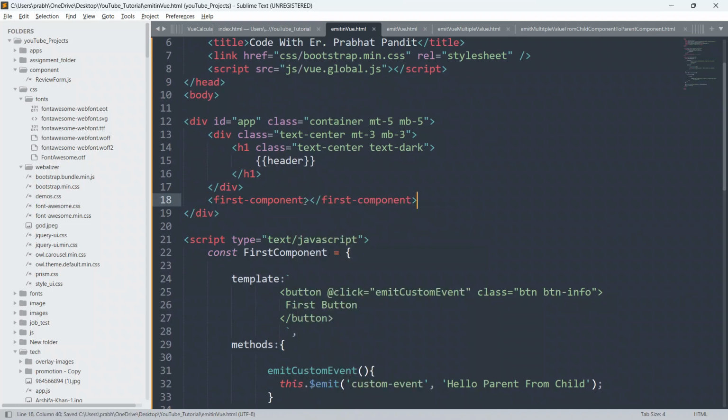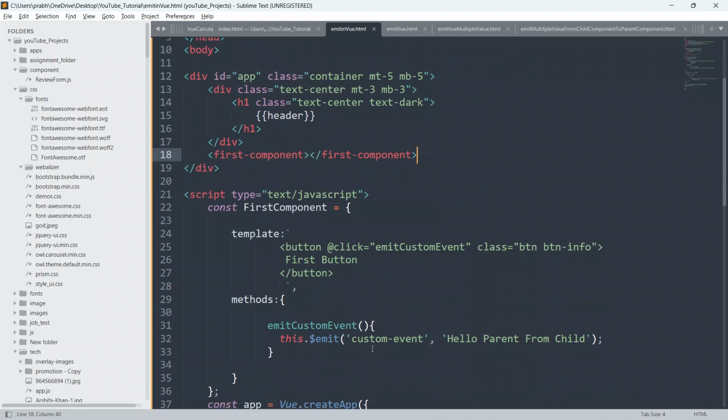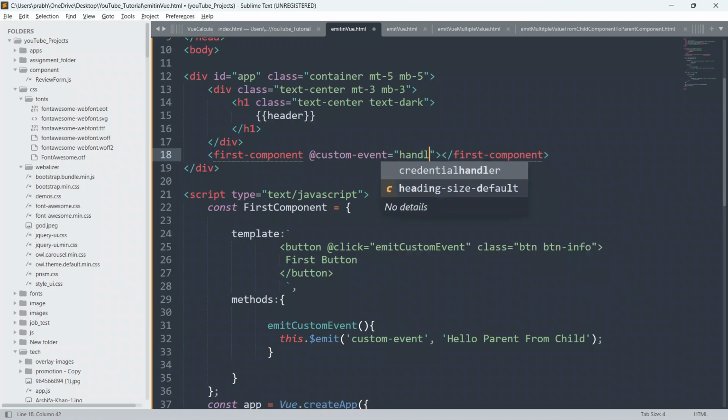Okay, and on this we will say this emit this custom event name. Okay, so just go here and say @ paste this, and we are going to define one method. Okay, so I'll say here handle custom event.